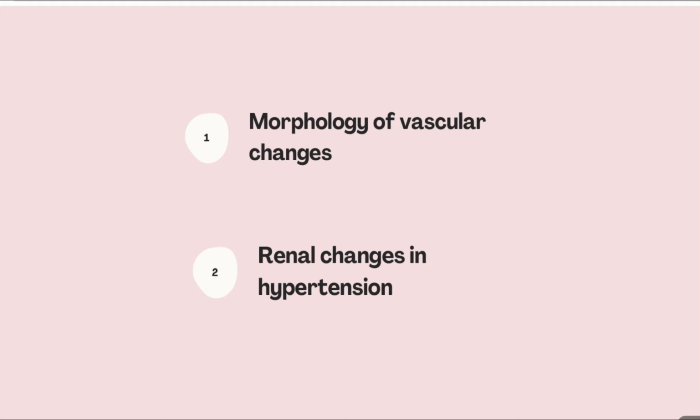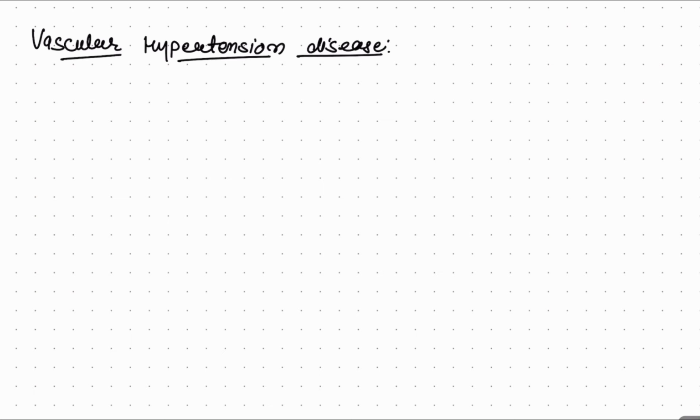Basically, in hypertension, vascular changes occur. Okay. Then, renal changes in hypertension, and what is the role of the renal system in the maintenance of hypertension, and how the renal system is affected by hypertension. Okay. So the WHO definition says